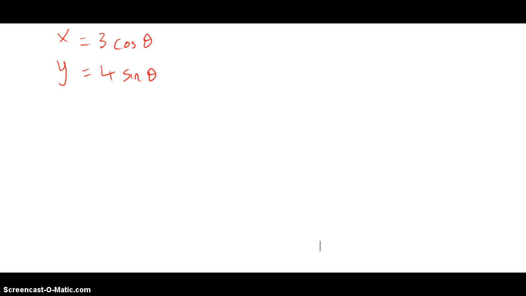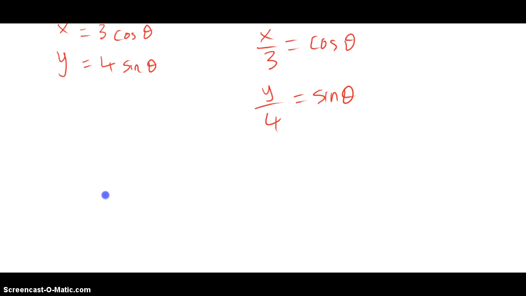In order to convert this to rectangular coordinates, we need to start by solving for cosine theta. So if we divide by 3, we get that. And for the y, if we divide by 4, then we get those equations. And now we recall our trig identities, which say that sine squared theta plus cosine squared theta equals